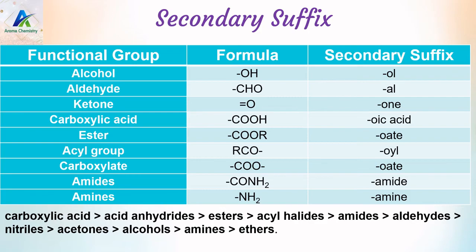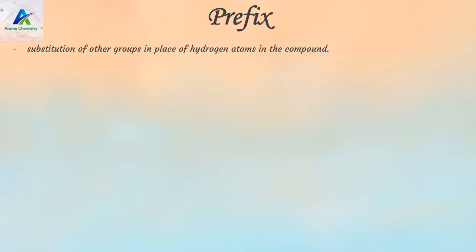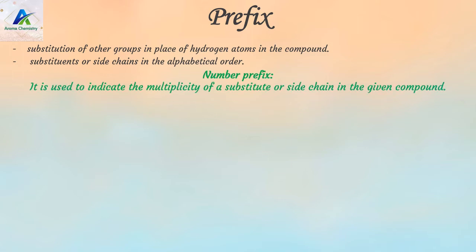Then next we move to the prefix. A word is written in front of the root word. The additional substituent alkyl group in place of hydrogen atoms in the compound. These are regarded as substituents or side chains, and the names they are prefixed to the root word in alphabetical order. The multiplicity of a substituent or side chains is given in the compound name as